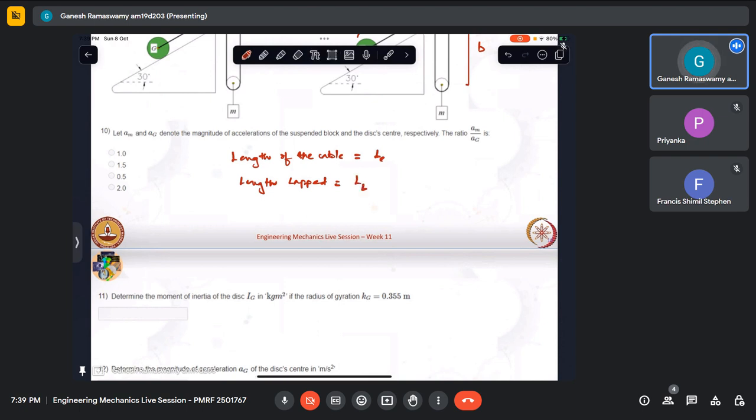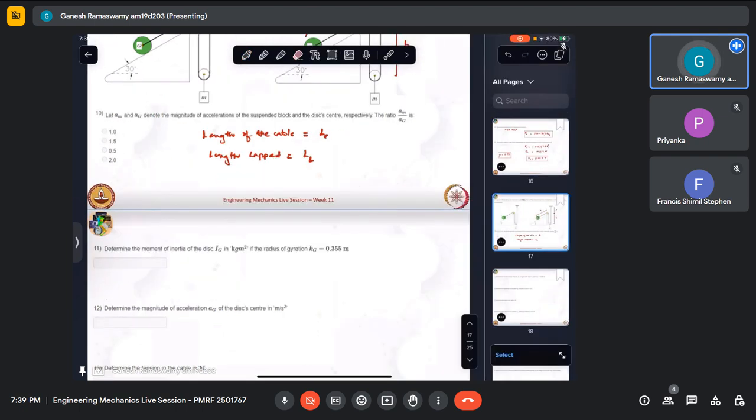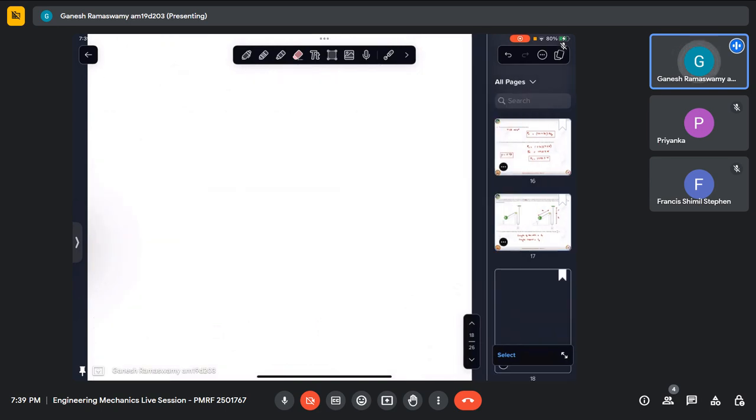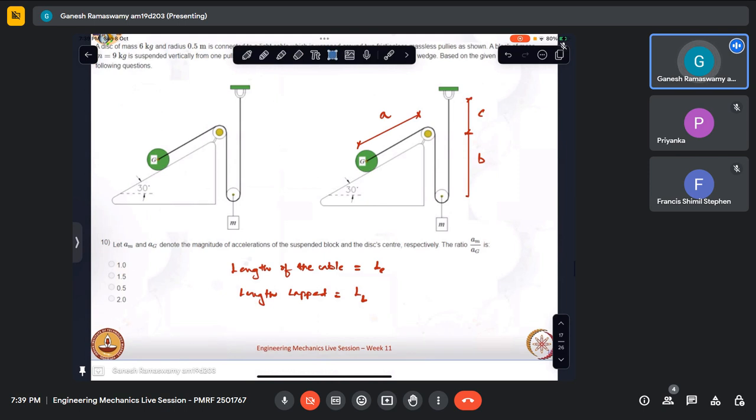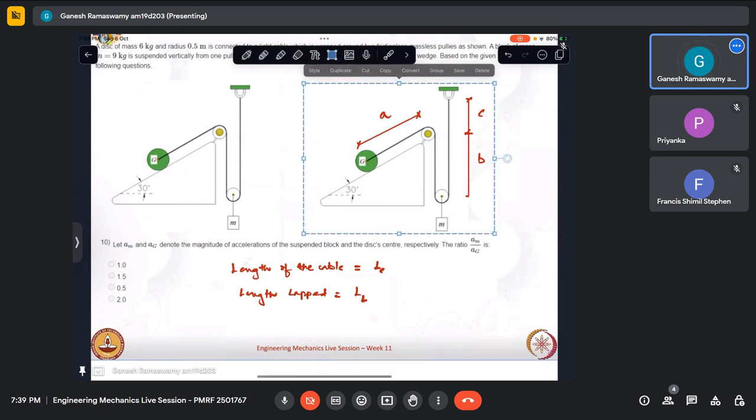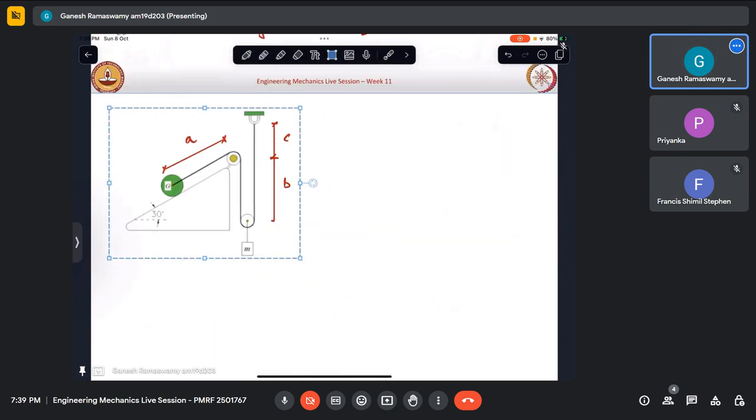So let us proceed with this convention of naming. From this figure, we can see that A plus B plus C plus L lapped all makes up the length of the cable